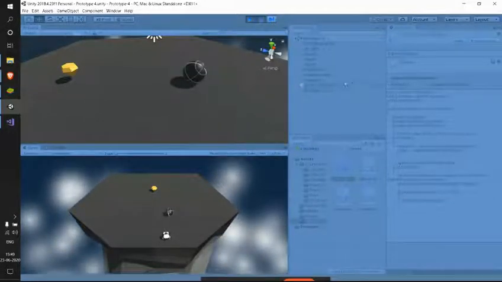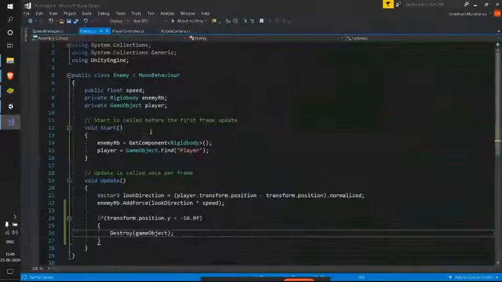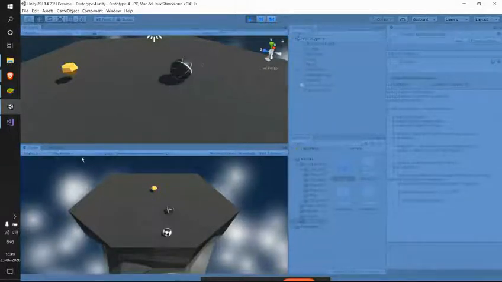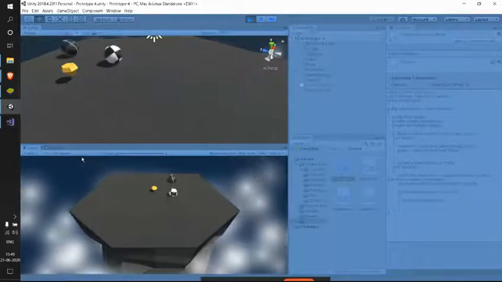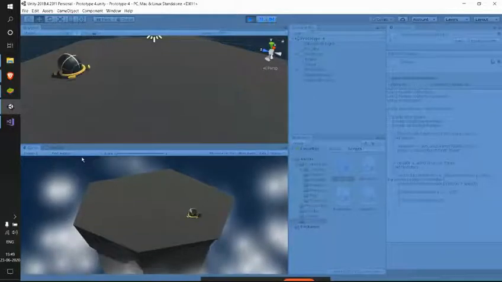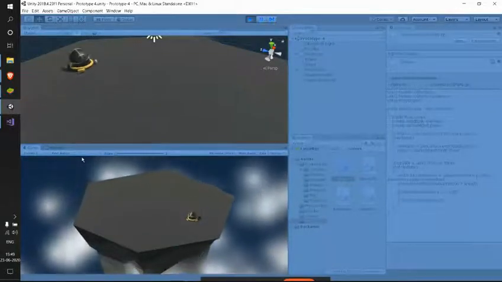Yes, I have saved this and it's actually working. See, we have only one enemy clone which is above our floating island. The other two which have fallen down are destroyed. That is because of our enemy script we have now. In the same way, we can destroy this other enemy also when it falls. See, it also got destroyed.